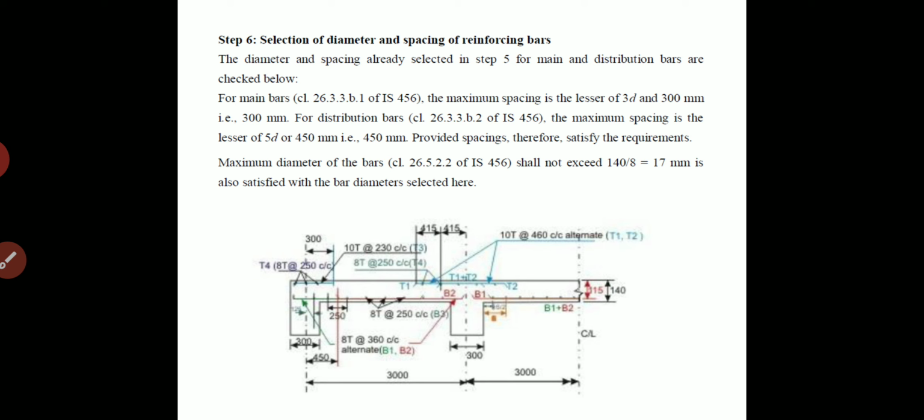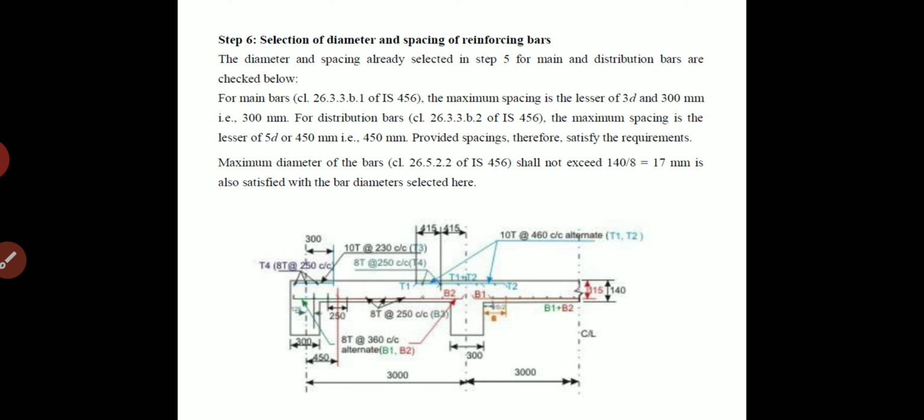So the maximum diameter is 17 mm. So we select all bars less than 17 mm, which is also satisfied by the bar diameters selected here.